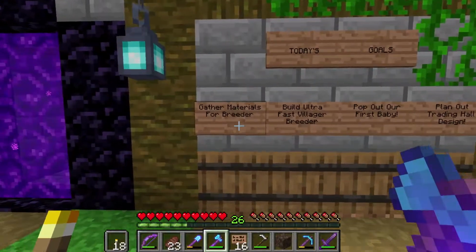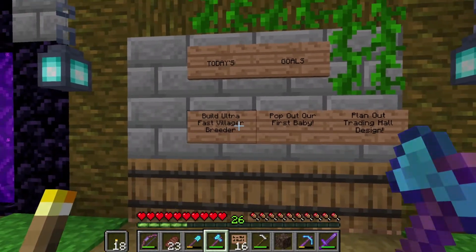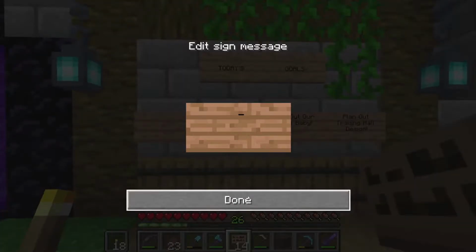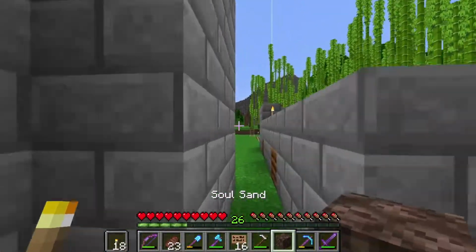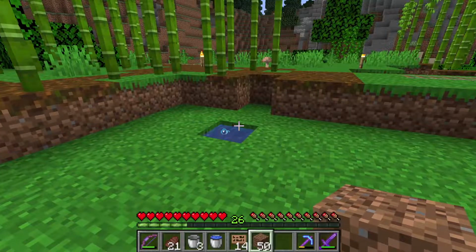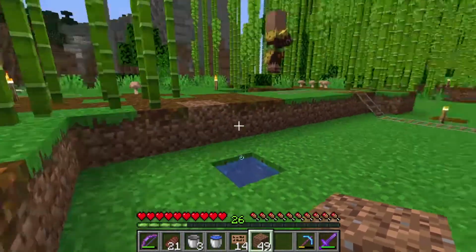Back over at the goal board though, we have gathered the materials for the breeder and we have also basically built the villager breeder itself. We are waiting for the very first baby to pop out. We place 1 sign there, 2 sign there, and replenish that. We're going to use signs and the soul sand plus some water buckets, which I don't know where those went. I might have put them back over here. The bubble column is now in place. What we need to do is ensure that the baby...